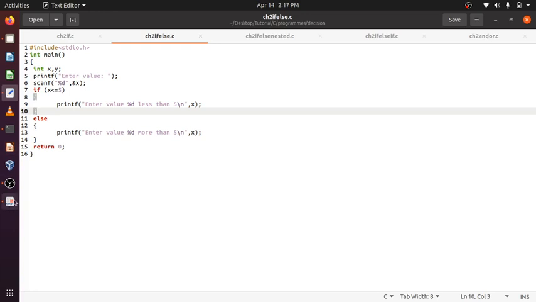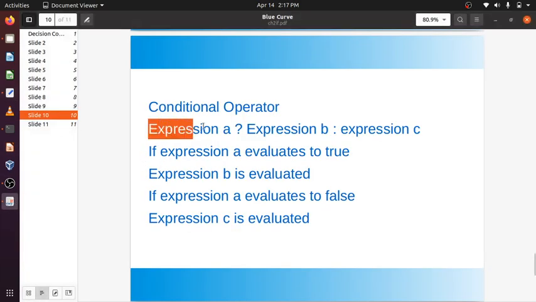If it is simple, then expression 1 is the condition, do this or do this. If expression a evaluates to true, then expression b will be executed. If expression a evaluates to false, then expression c will be evaluated. Okay, like that things go. So let's try an example.